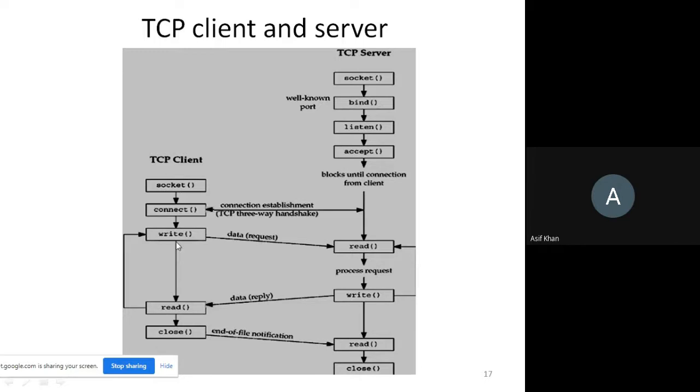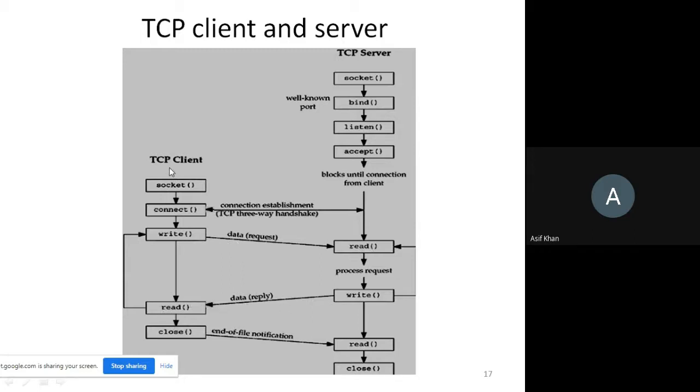First, this client sends the message, okay, data is sent here. See, the write message is used. Then this message is read by this TCP server, received by using the read function. Okay. Then that is processed here. Then again, the server is sending a message by using the write function, and that message is coming here to the client, and here it is read by this read function. Okay, and then see, its task is completed, because the client had sent one message to be processed. It is processed and the reply is received here.